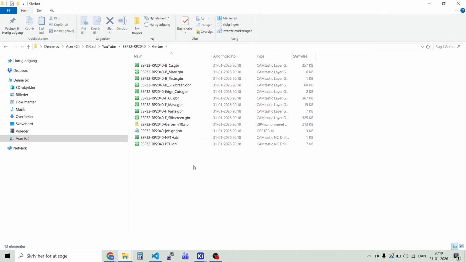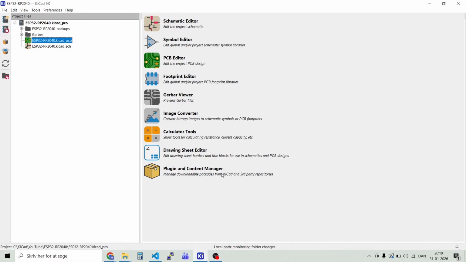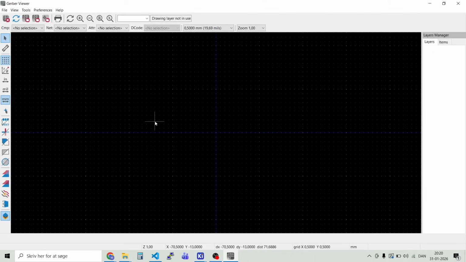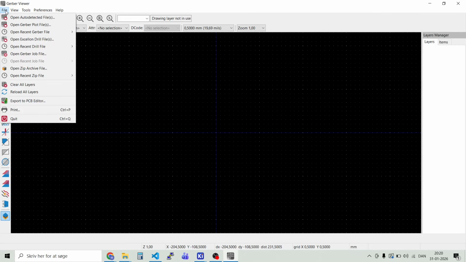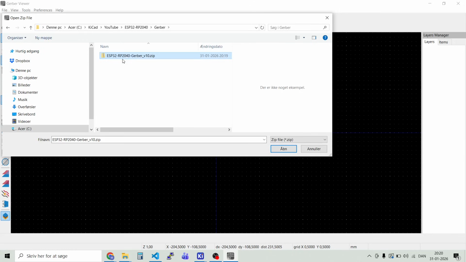Now we have our production data, and actually in KiCad there's also a Gerber viewer, so we can have a look at the source file for our Gerber files. So let's try and start that one, and we can say file, and we can open zip archive file, and we have it here in Gerber,